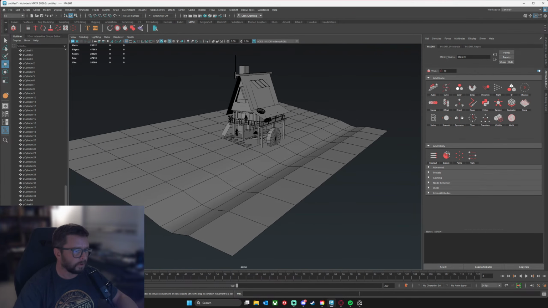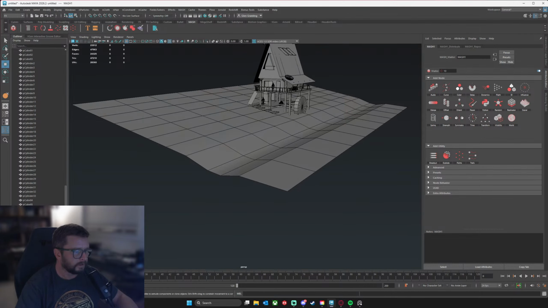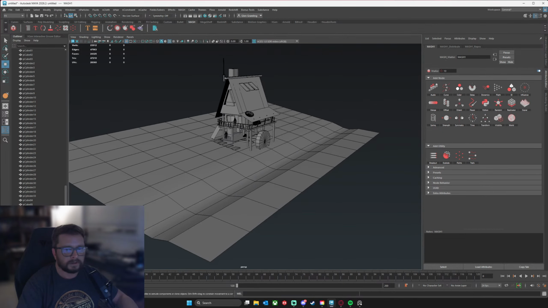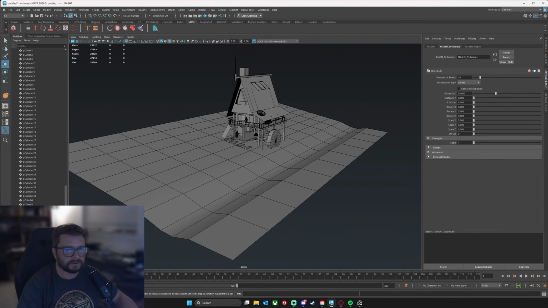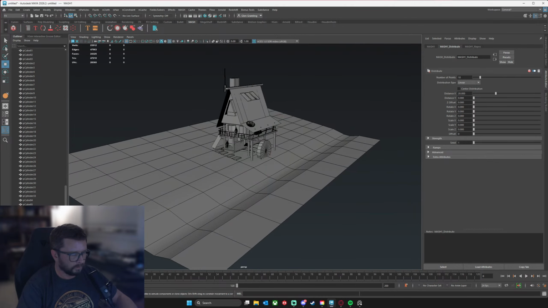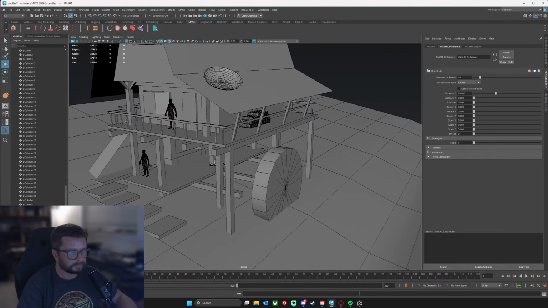The way MASH works is whenever you create a MASH network, you have this node here, which is called your MASH Waiter, and that's all of this stuff here. Then you have a MASH Distribute. So if we were to look at your MASH object now,